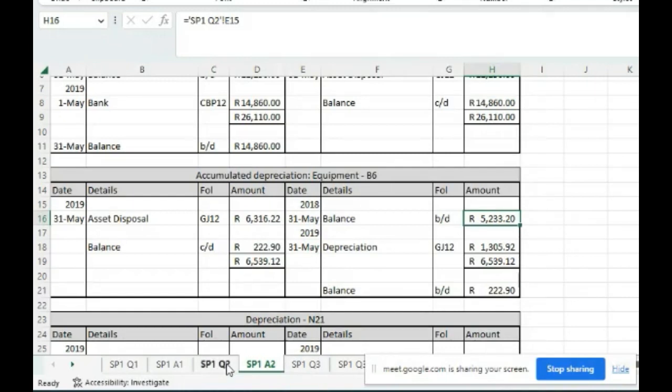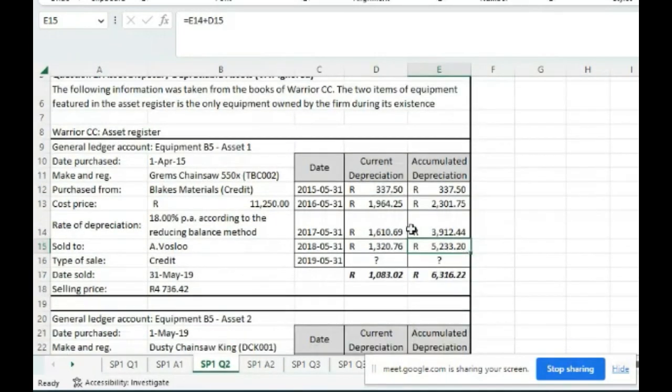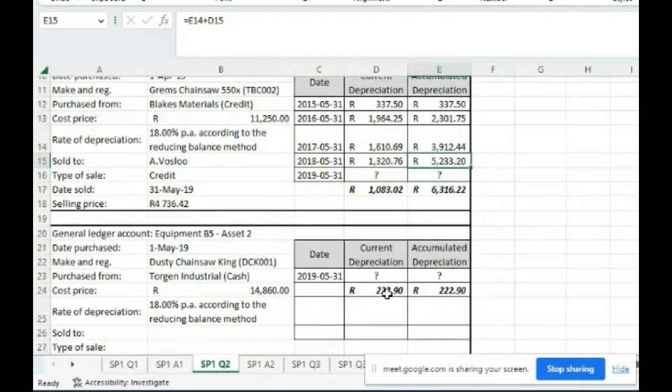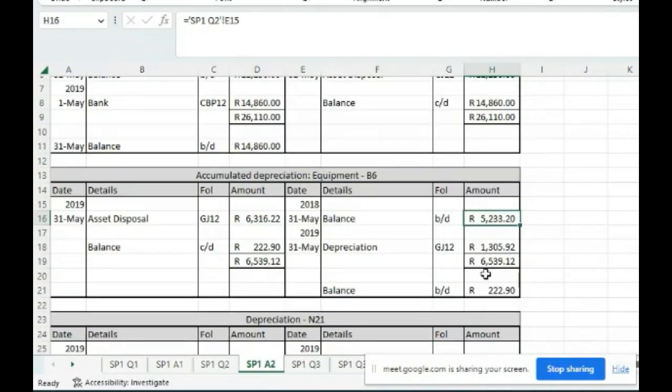Then we say, we must add the depreciation for the new year. Now, how did we do that? It would be this 1083.2 plus this 222.90. That's the depreciation for the new year. And if we add those two together, we should get 1,305 Rand, which totals to